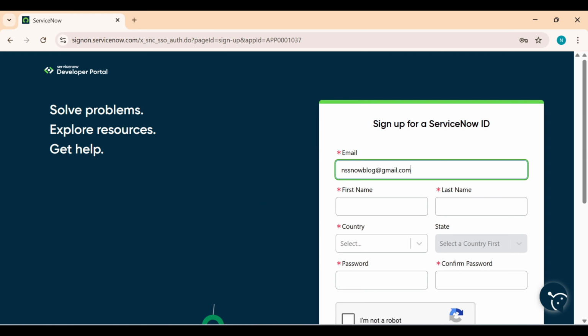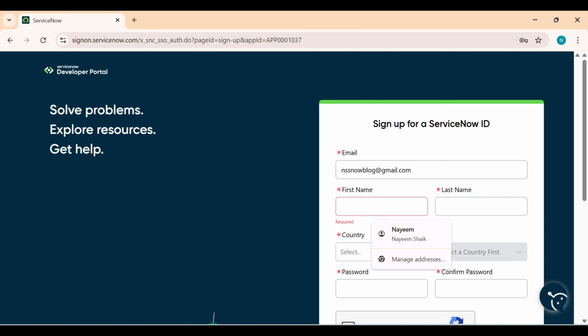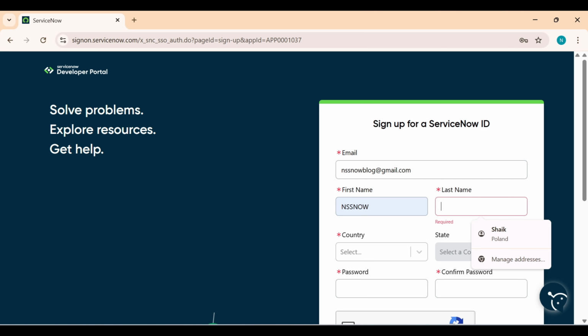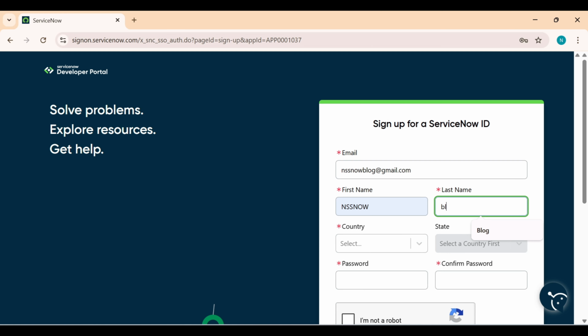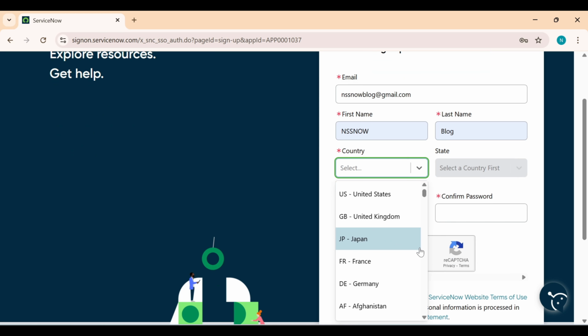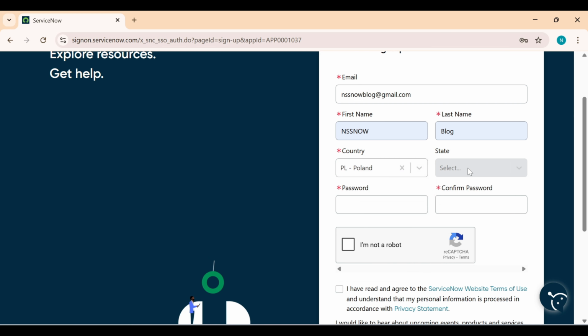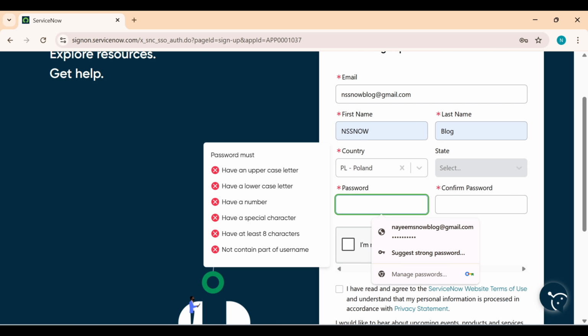So I will paste nssnowblog@gmail.com, and I will use NS as a first name and nssnow blog as a last name, and the country I live in, Poland. So I will add Poland, and a password. You can use